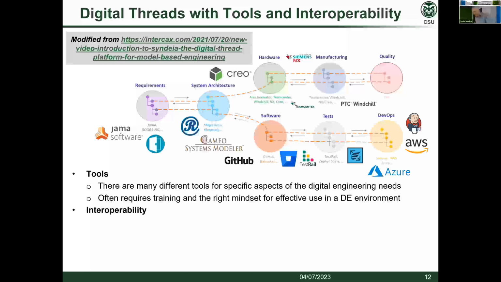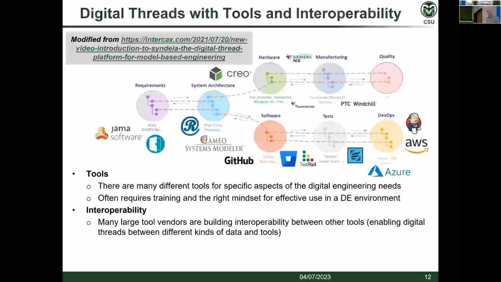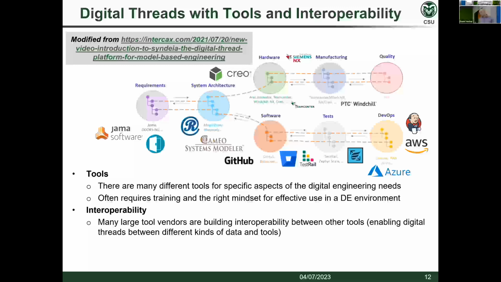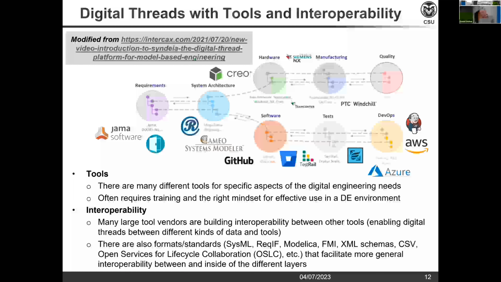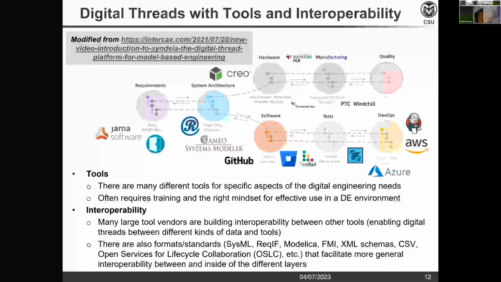And now a key aspect here is interoperability. Many large tool vendors in particular are building interoperability between their tools. And this idea of interoperability is an enabler of creation of digital threads between different kinds of tools and data. But there's also the idea of standards and formats, and this is often the mechanism being used to create this interoperability.